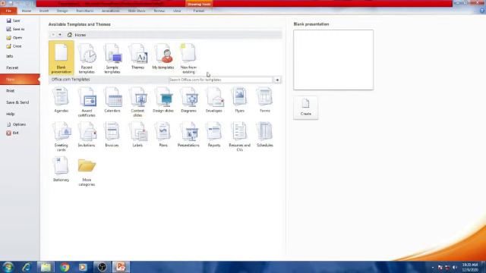Now we can discuss how to insert a sample template into your presentation. If you use a sample template, it will be very easy for you to do your work quickly and easily. So let's see how to create a presentation using sample templates. First, click the File tab, click the New option, then click the Sample templates option under available templates and themes.